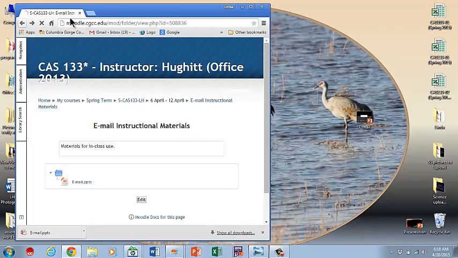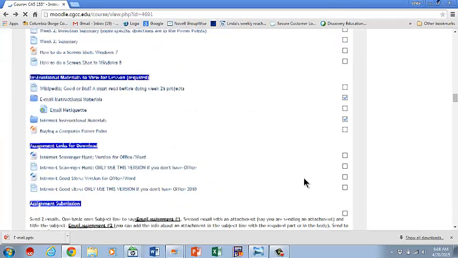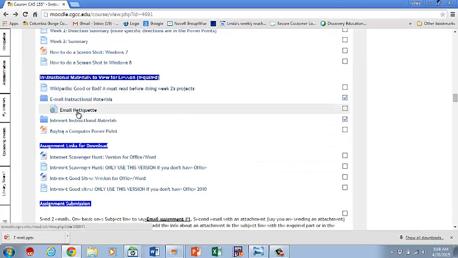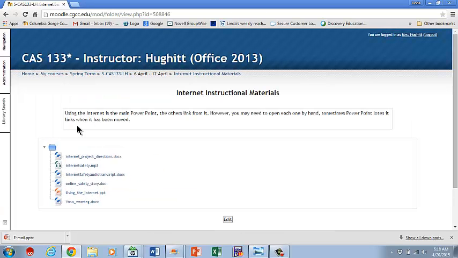Now let me go back here to where we were. There's some information about email netiquette. You need to read through that. Internet instructional materials, and there are a number of files in here you need to go through. This is internet project directions. This is internet safety